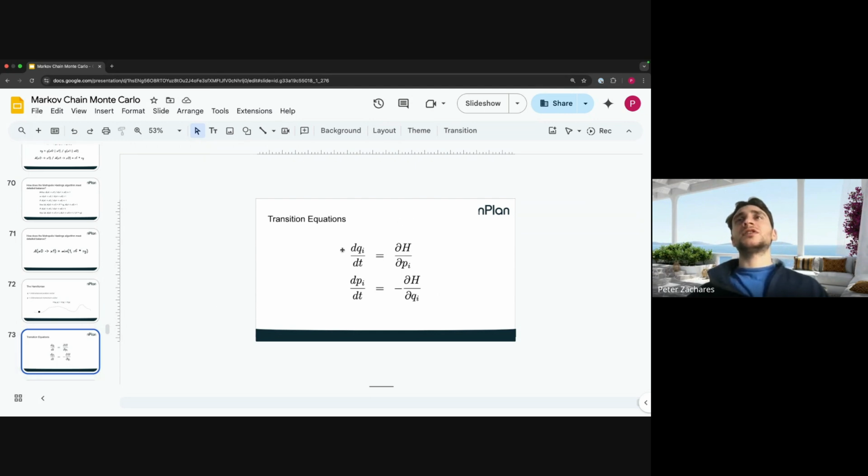And these are the transition equations for the Hamiltonian. So this is how the system evolves over time. What you can see is that the change in position over time is equal to the derivative of the Hamiltonian with respect to P, and the change in momentum over time is equal to minus the derivative of the Hamiltonian with respect to